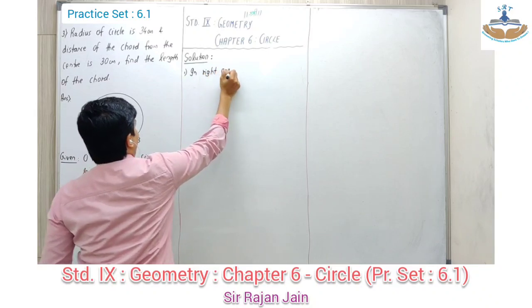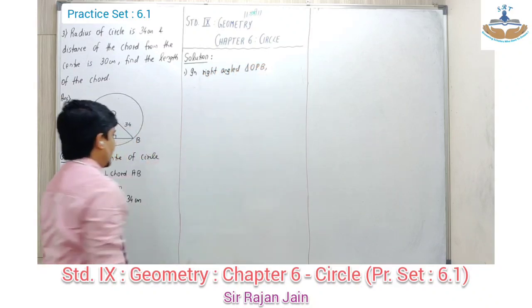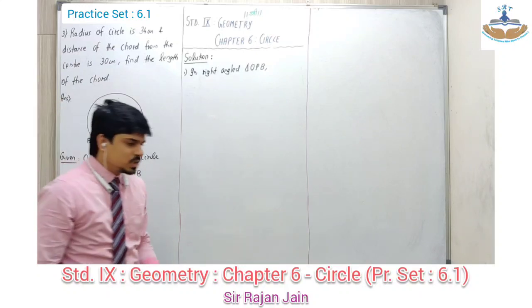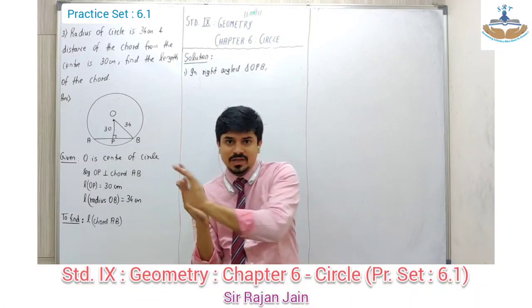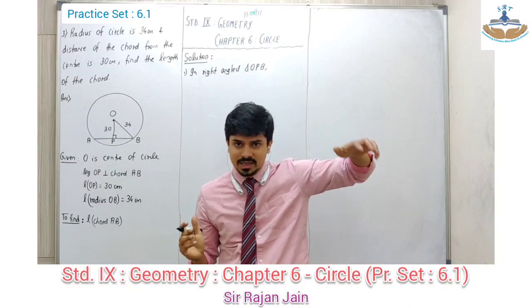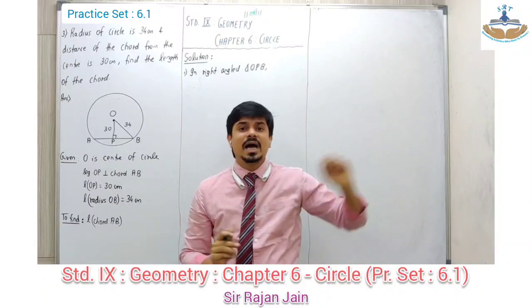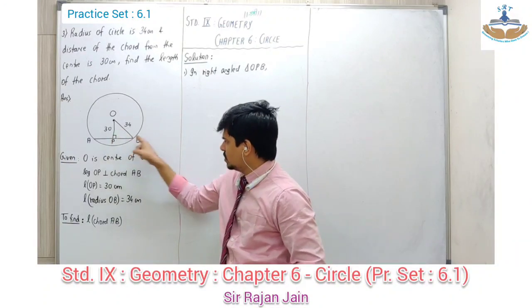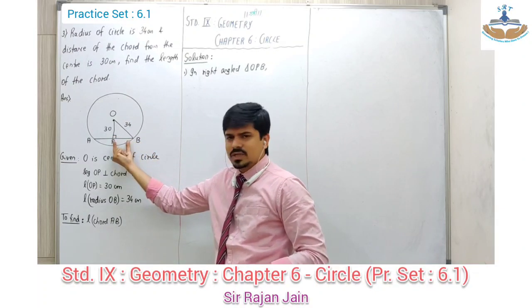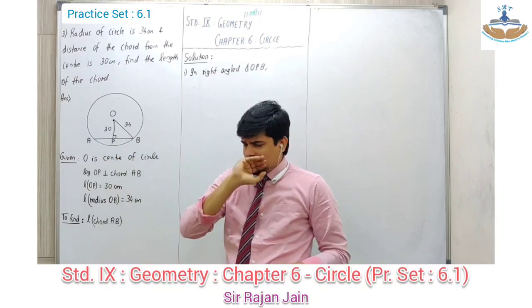Okay. So first step, I say, in right angled triangle OPB. Now as I told you, there are two ways to apply Pythagoras theorem. Keep hypotenuse square on the left hand side and remaining two sides on the right hand side, or remaining two sides on the left hand side and hypotenuse on the right side. It depends on what is unknown. If I go to see over here, can I say one of the sides forming a right angle triangle is unknown?